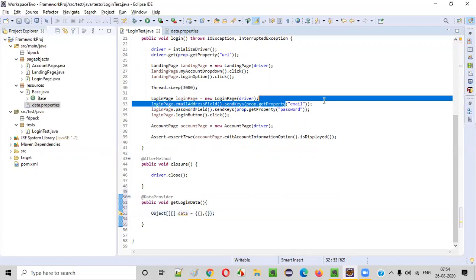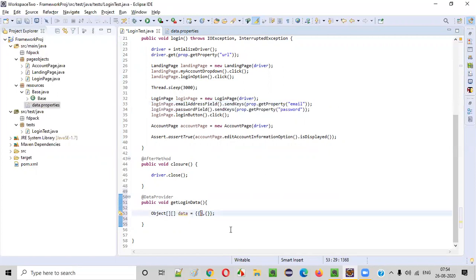I want to pass the email address. The first email address I would like to pass is arun.selenium@gmail.com, comma, password Second@123. And the login should be successful or not? This login should be successful. I'll pass successful here.